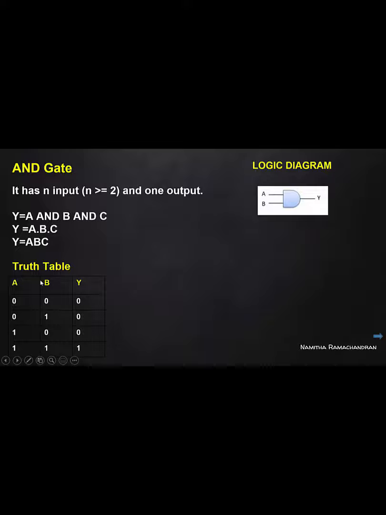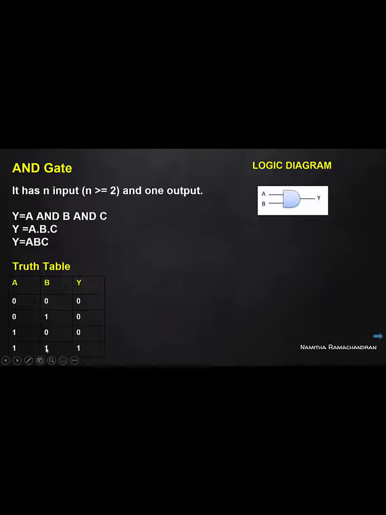If the 2 inputs A and B are both of value 0, then the output must be 0. Output is always 0 if both the inputs A and B are of value 0. And if B is 1 and A is 0, in this case also the output is 0. Again for the 1 0 combination, the output is 0, and for 1 1, it generates an output with value 1. From this truth table, it is clear that an AND gate generates an output 1 only if both the inputs come